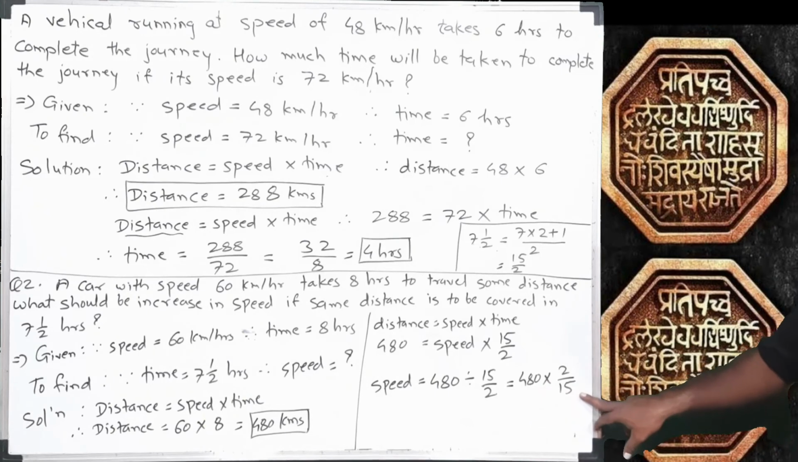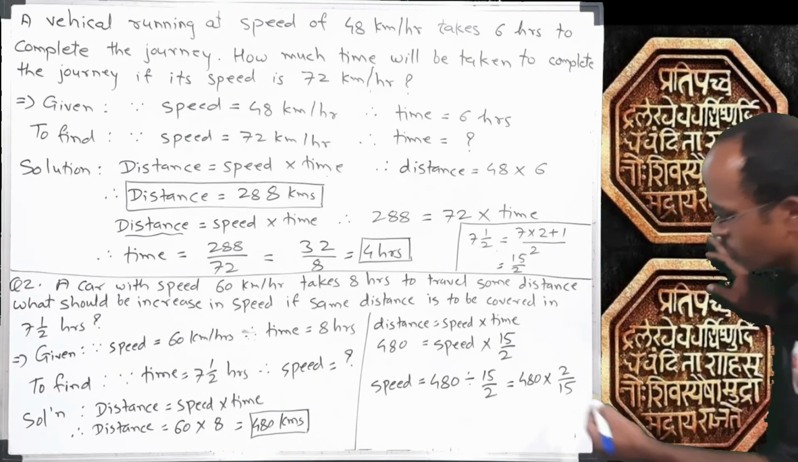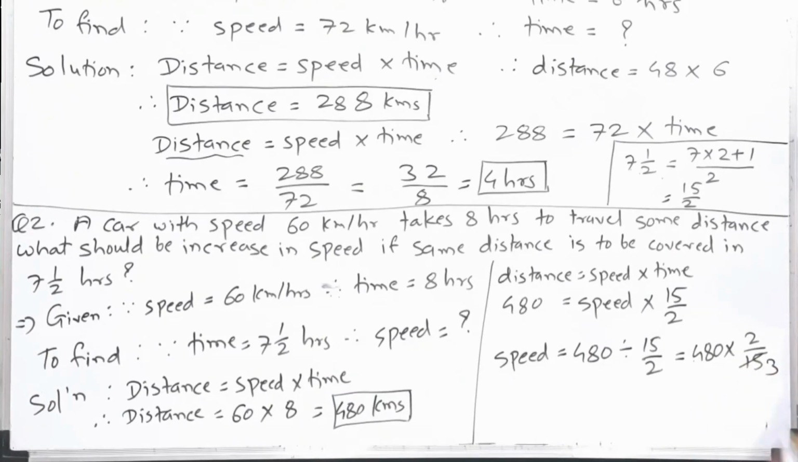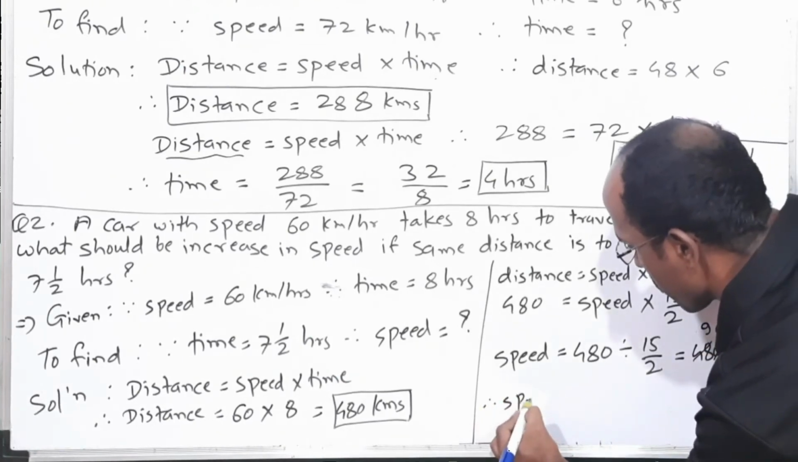Now we just have to apply test of divisibility. Ending with 0 and 5 means both of the numbers are divisible by 5. So let's divide them by 5. 5 3s are 15. 480 divided by 5: 5 9s are 45, 48 minus 45, 3 is the remainder, 0 on it, 30. So 5 6s are 30. Therefore speed is equal to